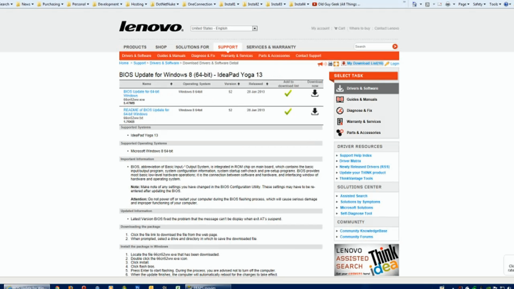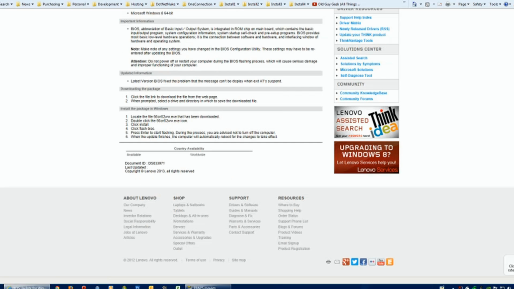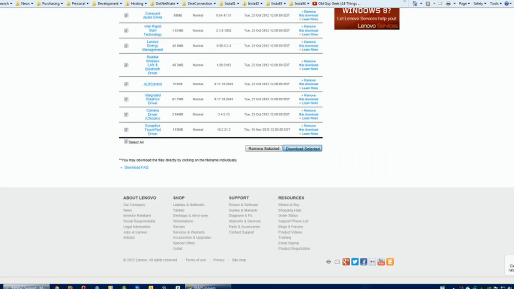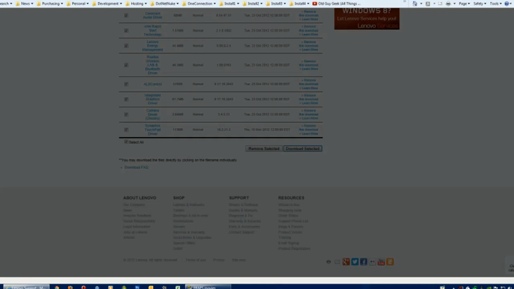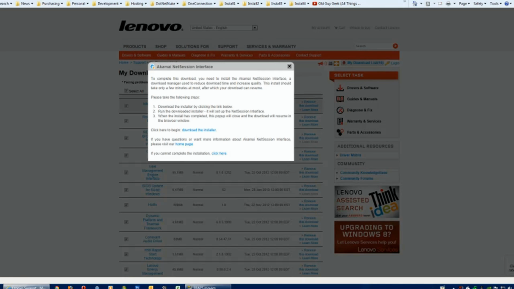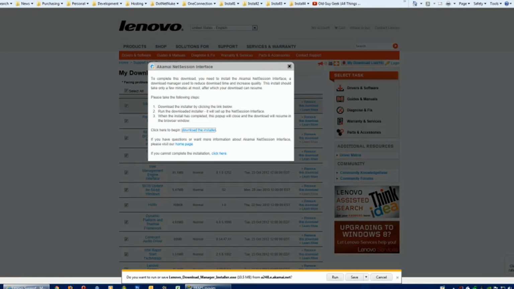So next, after we do all this, we're going to go down and install the download manager. Again, if you click at the bottom down here, it's going to download selected. If we scroll up the screen, you're going to see this warning and all this stuff. And this is a pretty standard download manager. I'm going to go ahead and install it. You'll see at the bottom, it's asking me to run it. I'm going to go ahead and run it.